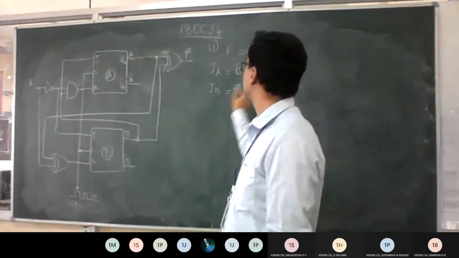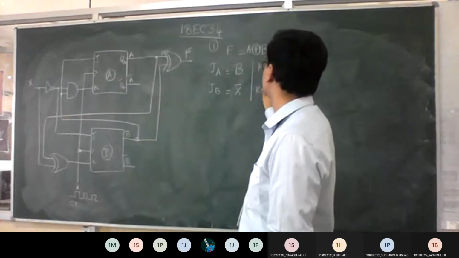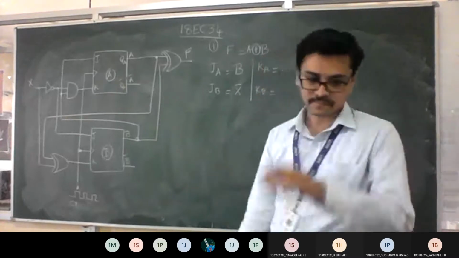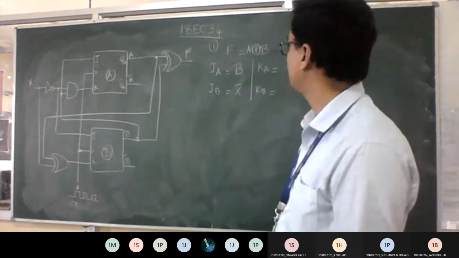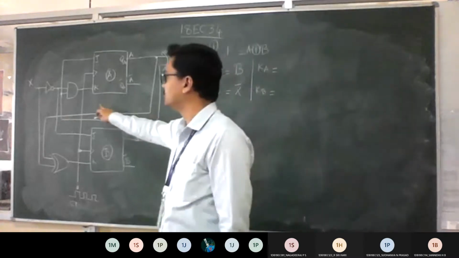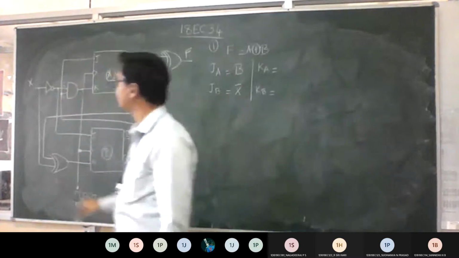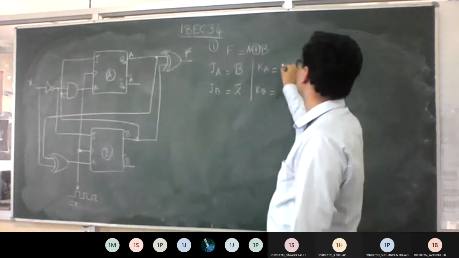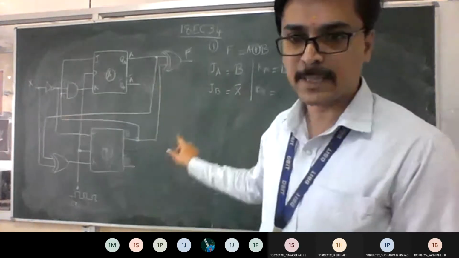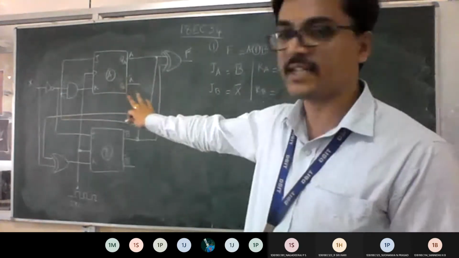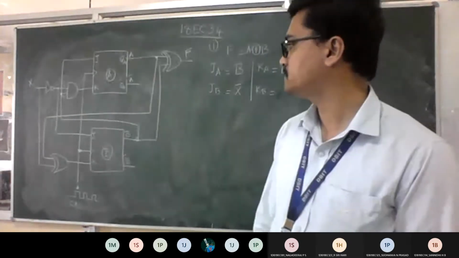Next, similarly, I need to write KA and KB. So what is KA equal to here? B into X bar. Check out where KA is. KA is here. From this it's X bar, from this it is B. So can I claim it as B X bar? Is it fine? I am just writing what is there in the diagram. That's all. What about the last, KB?